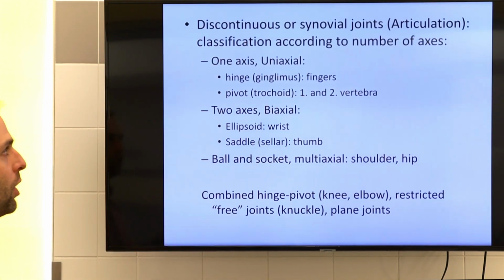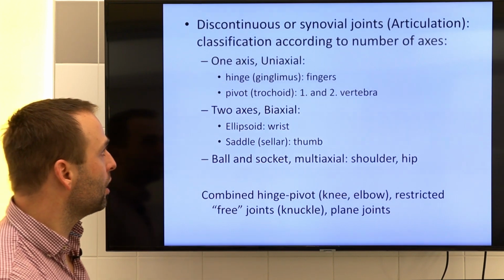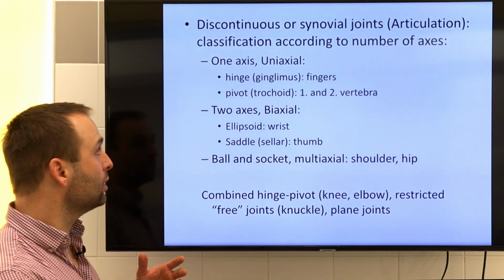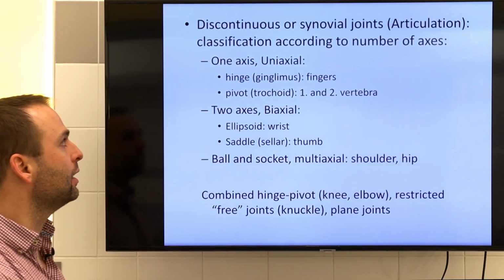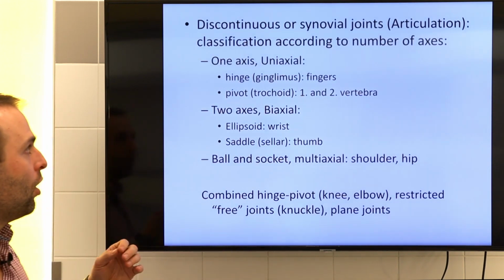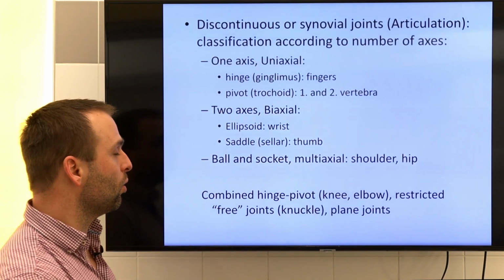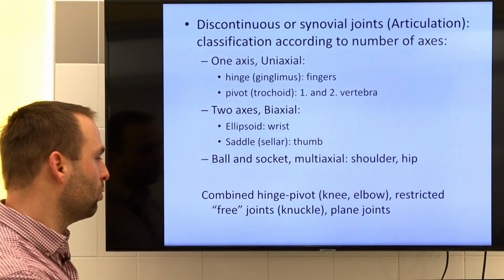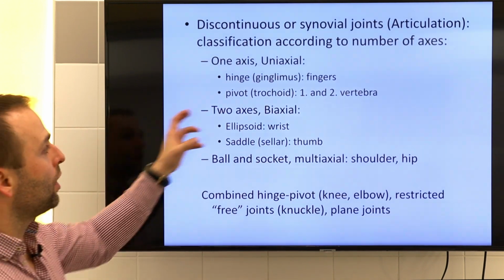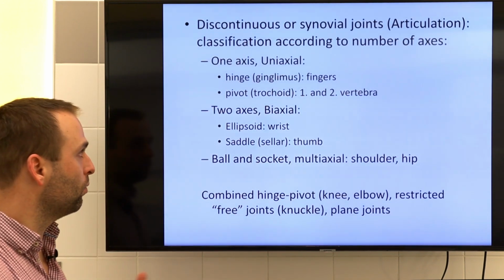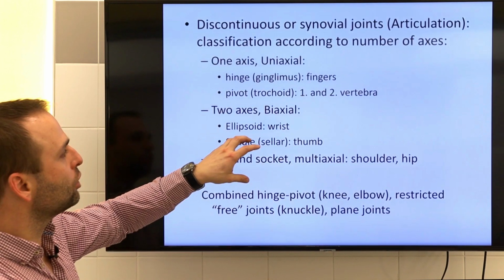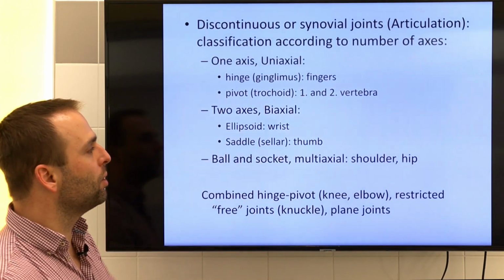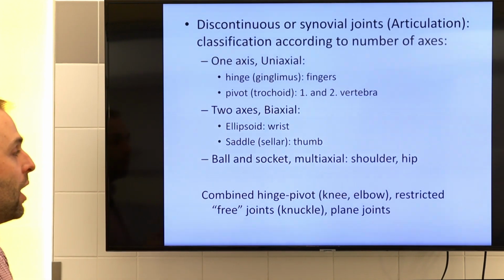The hinge joint can flex and extend, so bending and stretching. The pivot joint can rotate, so internal rotation, external rotation, or rotate to left, to right. There are biaxial joints with 2 axes. The wrist joint, for instance, is an ellipsoid joint, and the joint of the thumb is a